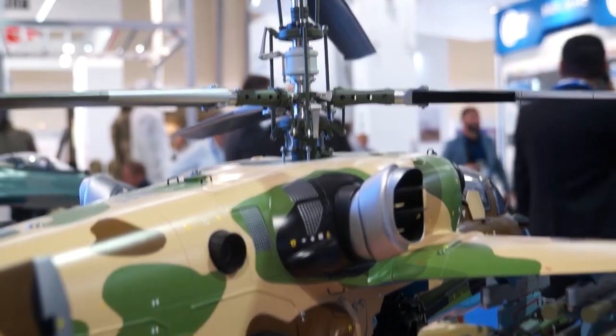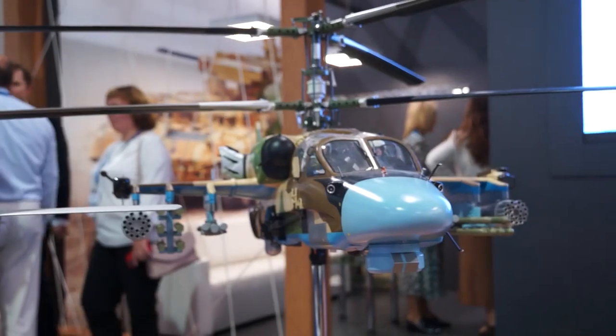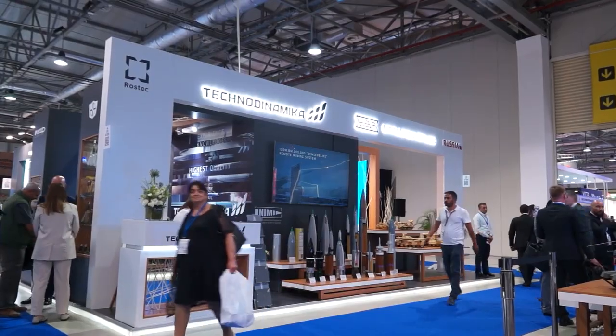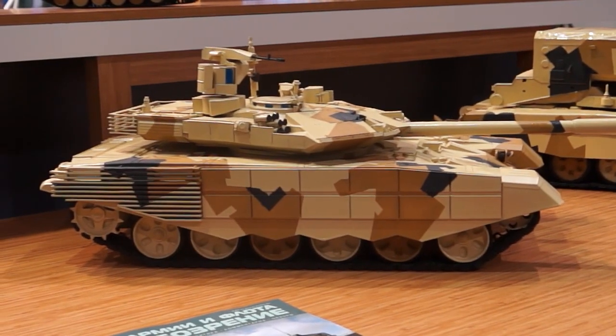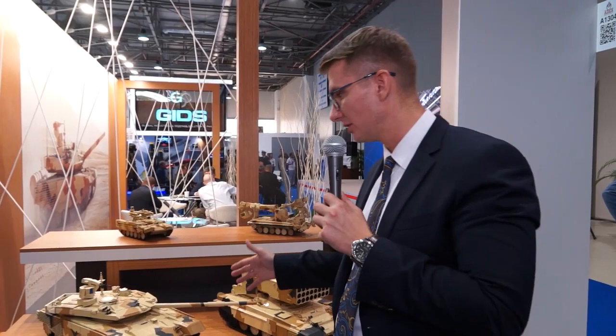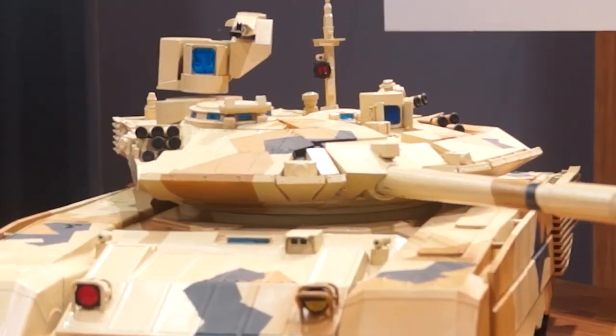155mm caliber. It's a KA-52 scout and combat attack helicopter and transport aircraft for your armed forces and civilian needs. We have the whole selection of modern armor, such as the most advanced T-90MS with powerful armament, proper protection. The tank has been tested in the most rigorous climatic and geographical zones with remote controlled weapon station in 12.7mm